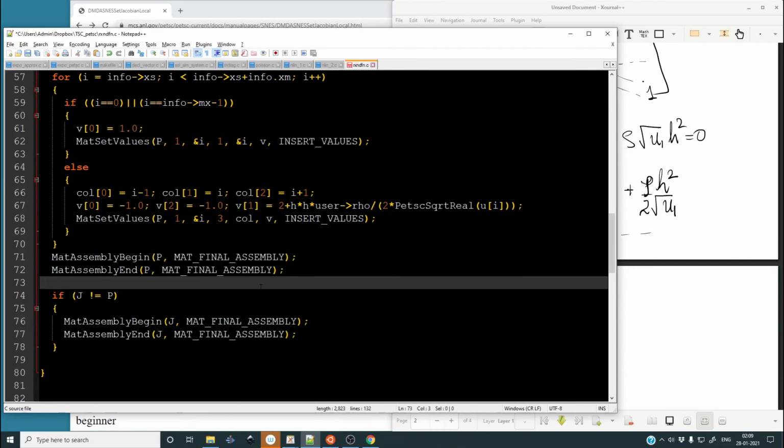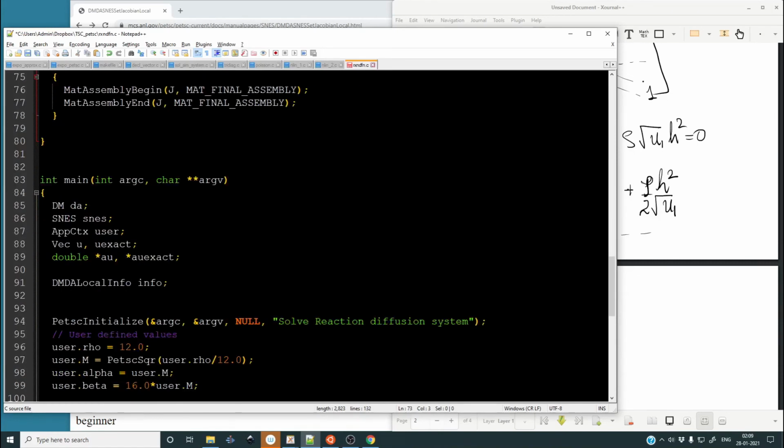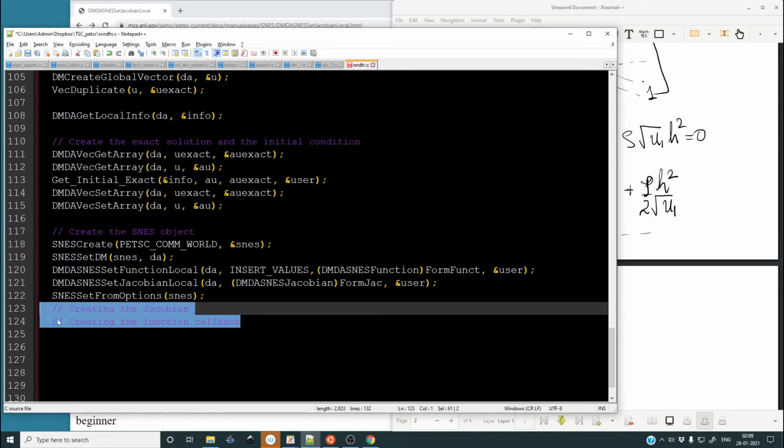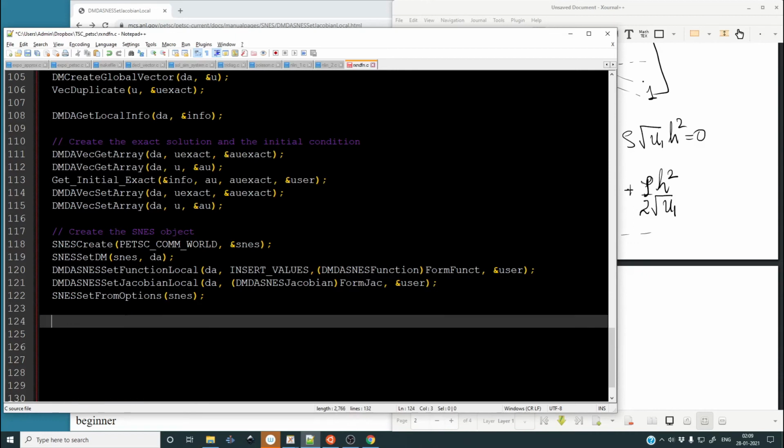Okay, all right, so looks good. So this is the way you call the functions. There's a syntax for it, and after this we have made all this. We simply then solve SNES, SNESSolve with NULL, put the solution in u,